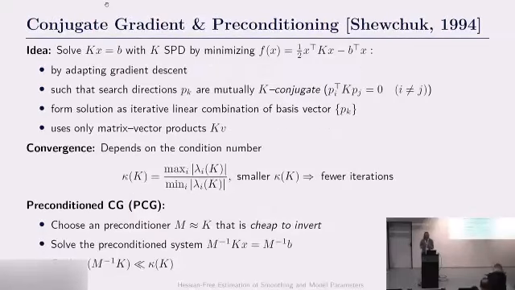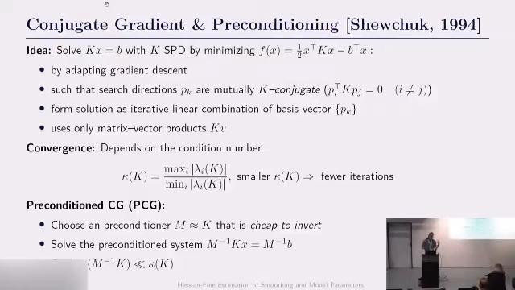Okay, I also only want to say a few words about conjugate gradient algorithms. So with the conjugate gradient algorithm, I want to solve this system of linear equations where my K is assumed or needs to be a symmetric positive definite matrix. And I do this by minimizing this quadratic function instead. And specifically,